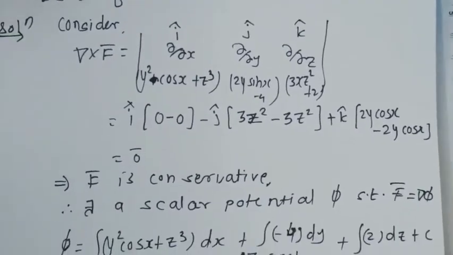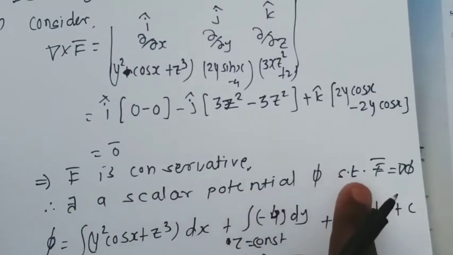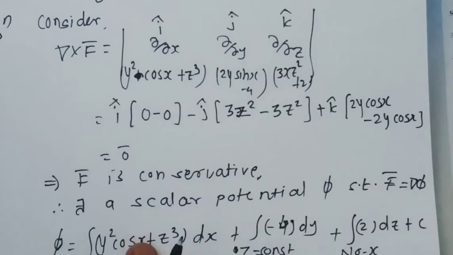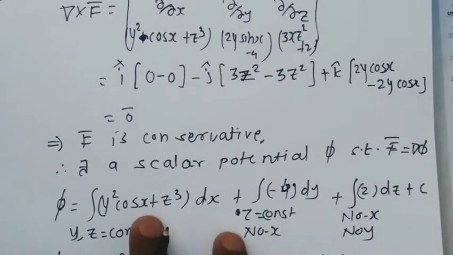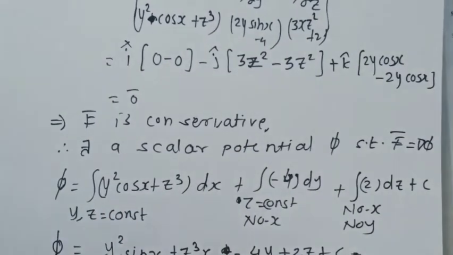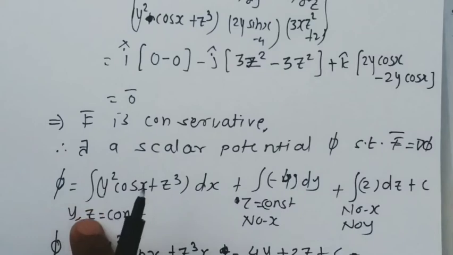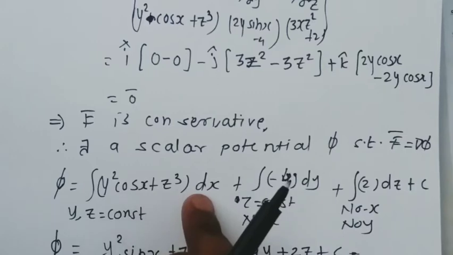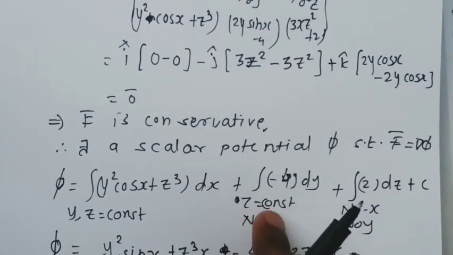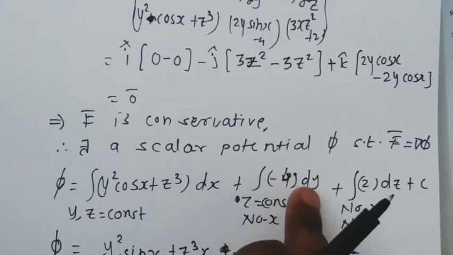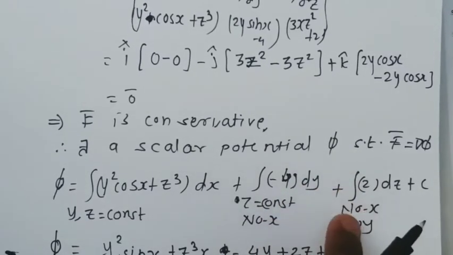So once f bar is a conservative field, there exists a scalar potential phi such that f bar equals del phi. Now we are going to calculate the scalar potential phi also. The formula for calculating scalar potential phi when f bar is in terms of x, y, z is: the integral of f1 dx, the first component integrated with respect to x, keeping y and z constant, plus the integral of the second component, with z constant and only terms free of x. The only term free of x from f2 is minus 4, dy, plus the triple integral,